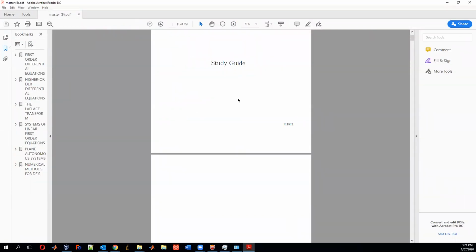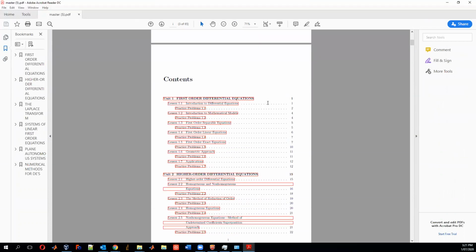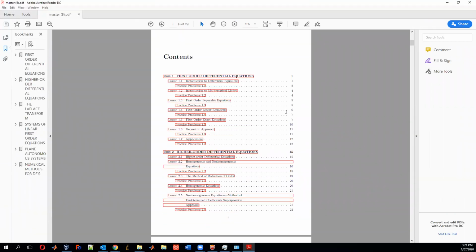The study guide is set up in the exact order that I'm teaching everything. While the lessons may not exactly line up with one lecture, for example, a couple of these may be 2 lectures, or one lecture may cover a few of these topics. But the point is, you can say, well, today we covered first order separable equations in the online lecture, so I can go to this